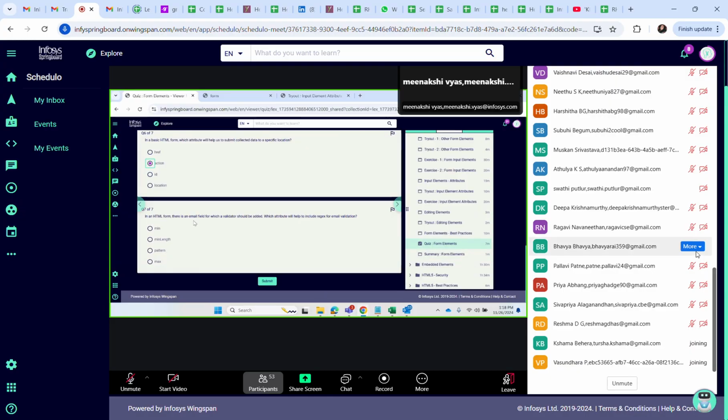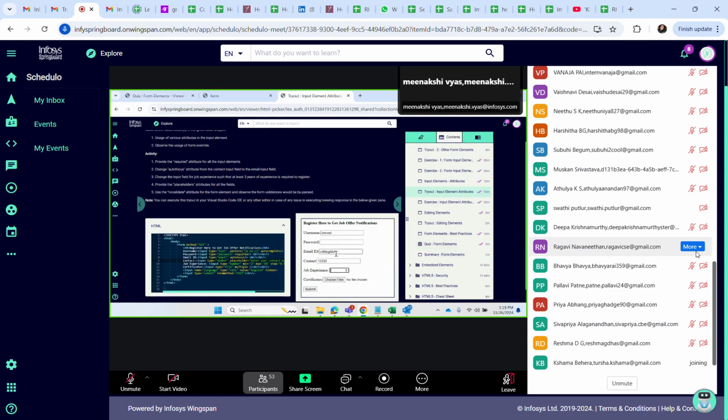In an HTML form, there is an email field for which a validator should be added. Which attribute will help to include regex for email? So regex email validation is pattern, right? Email validation means, can you see this tryout? I have written this 1 2 3 4, and it is not showing me any error.